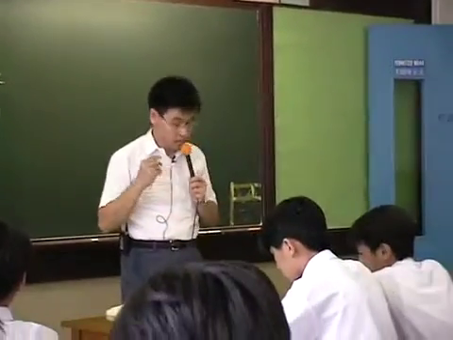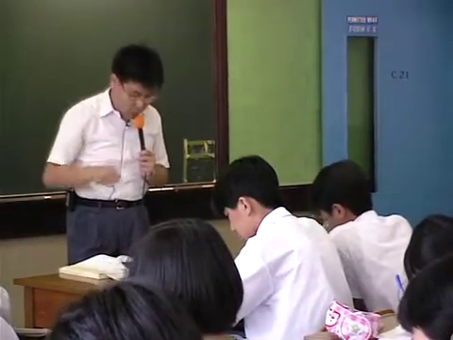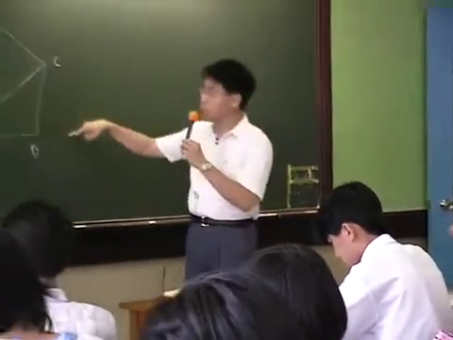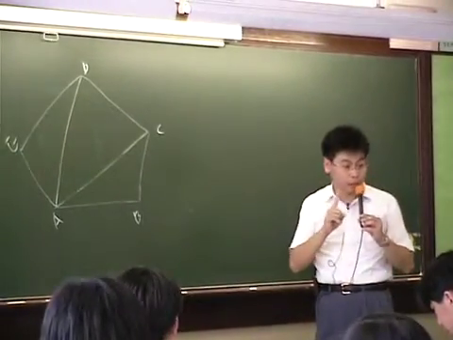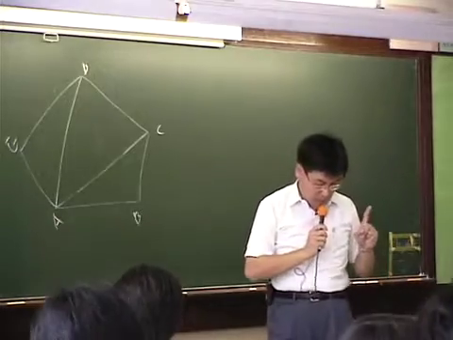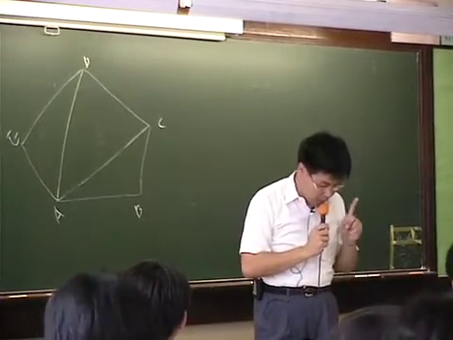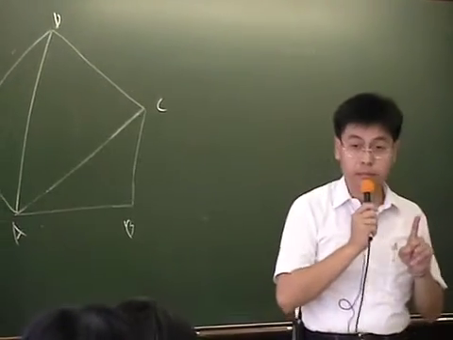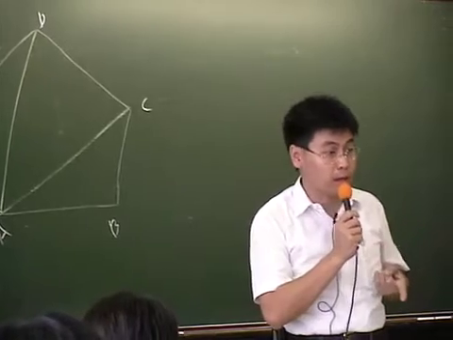Okay, we come to D. It is the conclusion. What is therefore the sum of interior angles of this pentagon? It becomes 540 degrees. Okay, I stop here. You go home. Try to work out the relationship between the number of sides of a pentagon and the sum of interior angles of that pentagon.